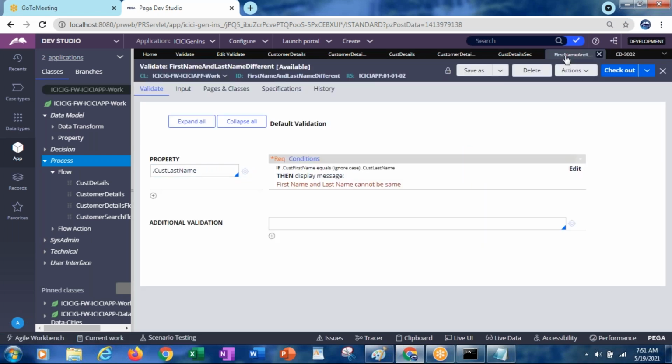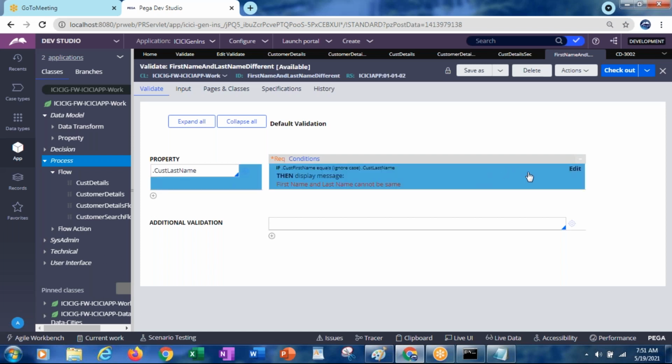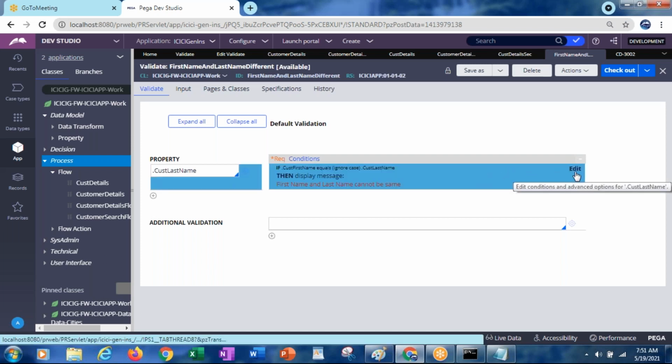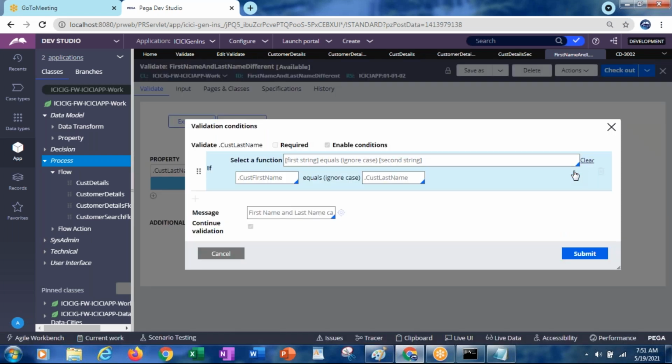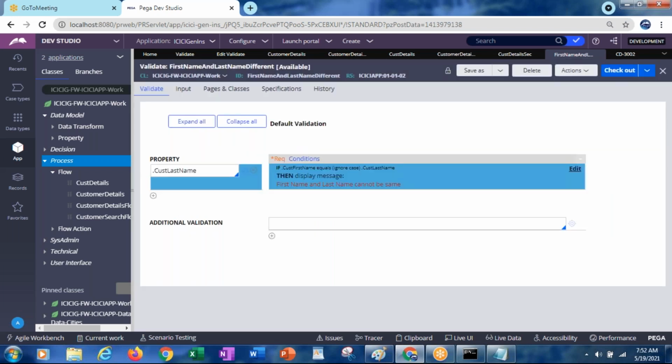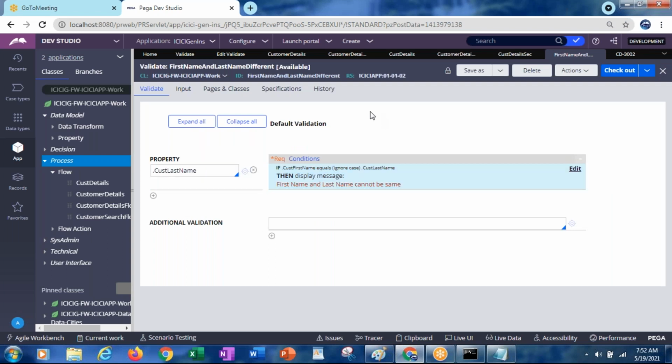It is a mistake we have done in this. Enable condition. First name and last name cannot be same. Is it updated with that?